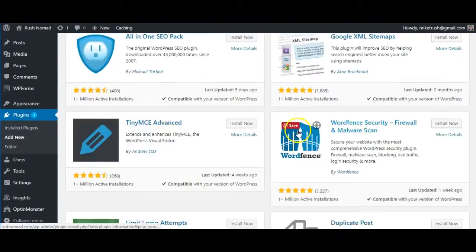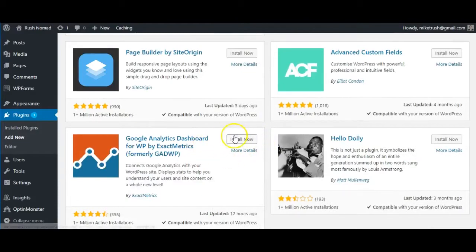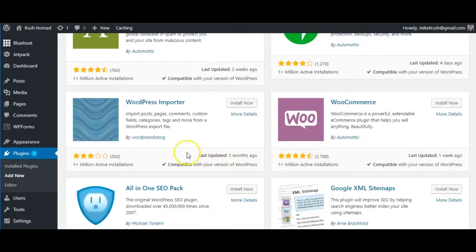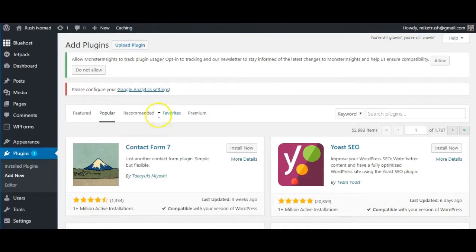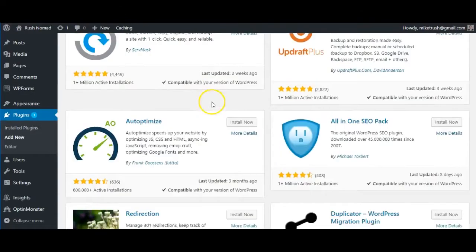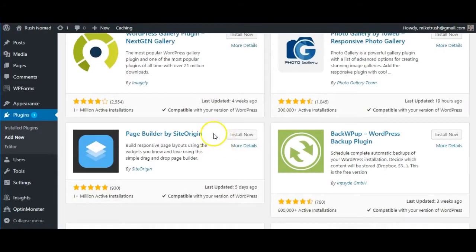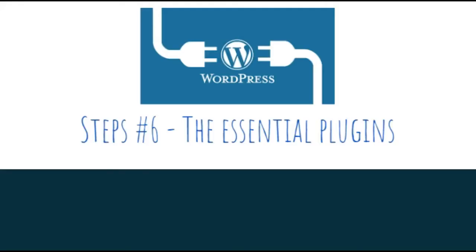I don't want to run through all of these. What I do is encourage you to come through here, and anything you can think of that you might want on your website, always check with plugins to see if that idea has already been created. There's different featured ones, popular ones. There is a recommended tab, a lot of favorites, and then premium, meaning you'll have to pay a little bit. So come here, check this out. If you have any kind of email service or any other services you utilize, there's probably a plugin that does help integrate that within your website. So there are your essential plugins, or the top plugins that I recommend.